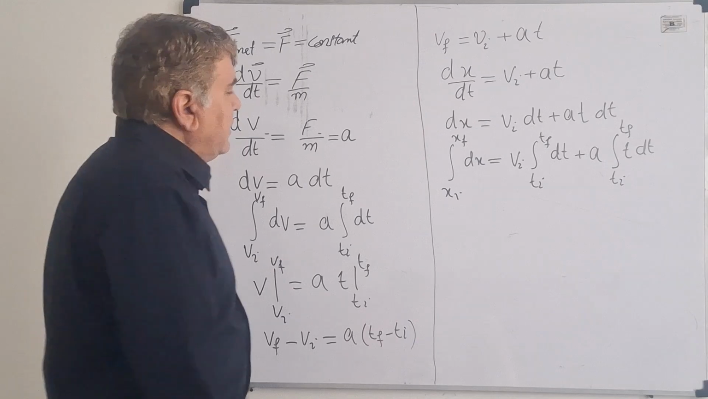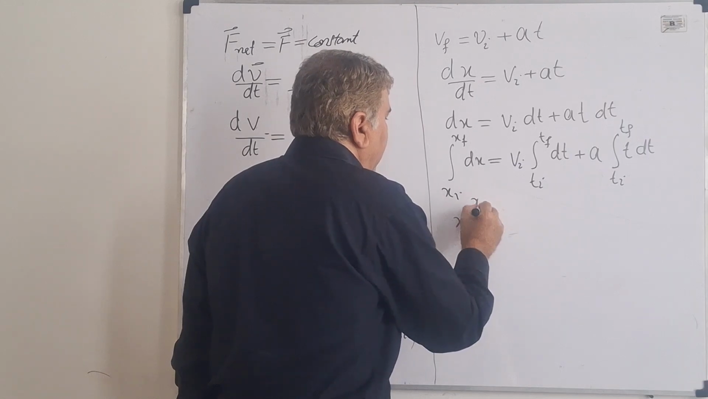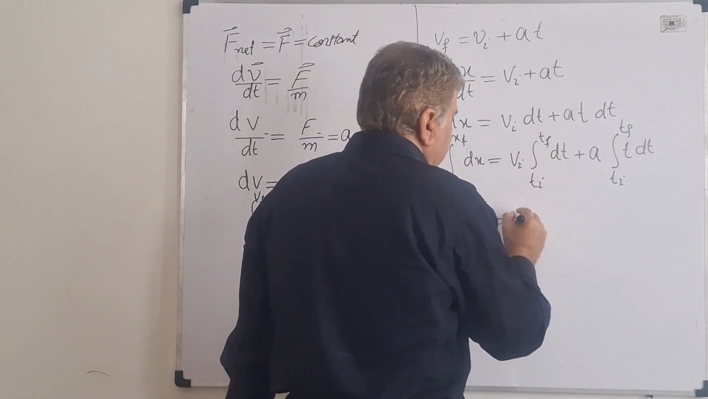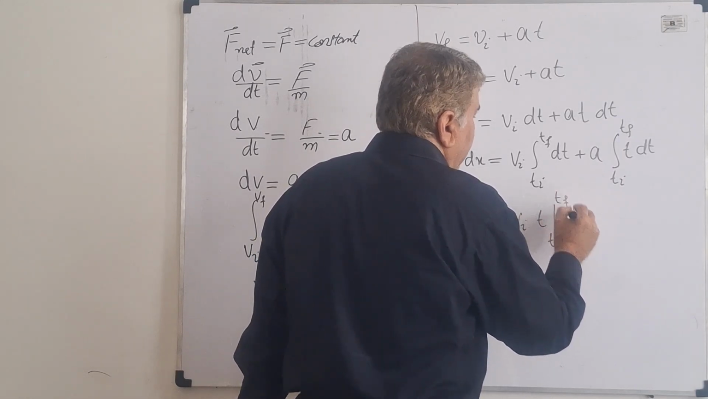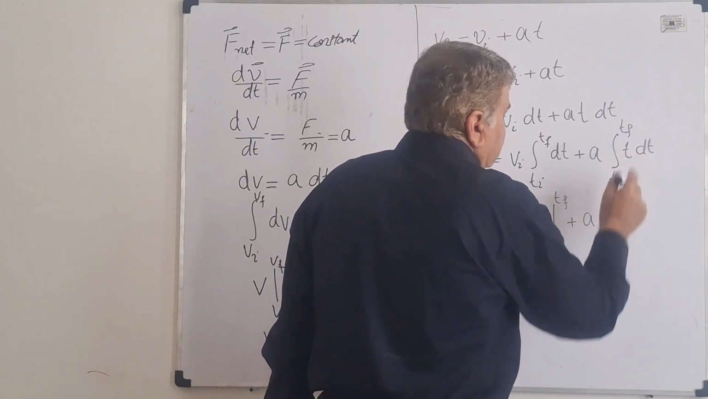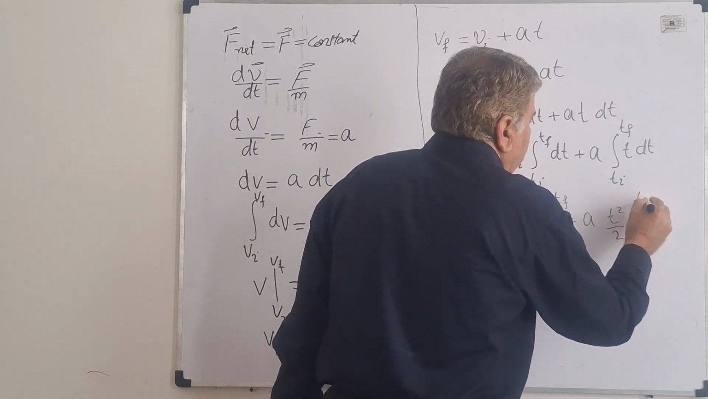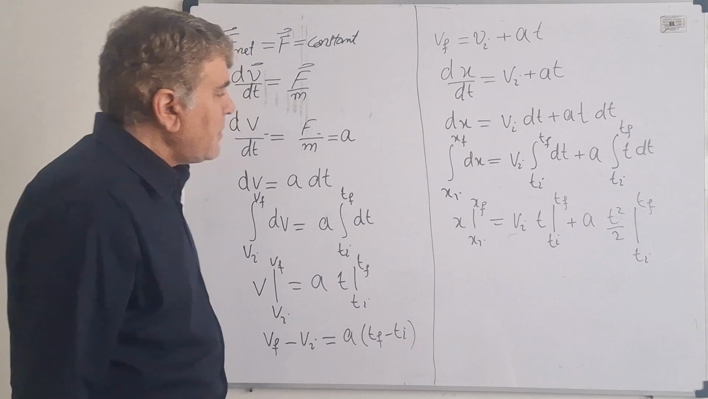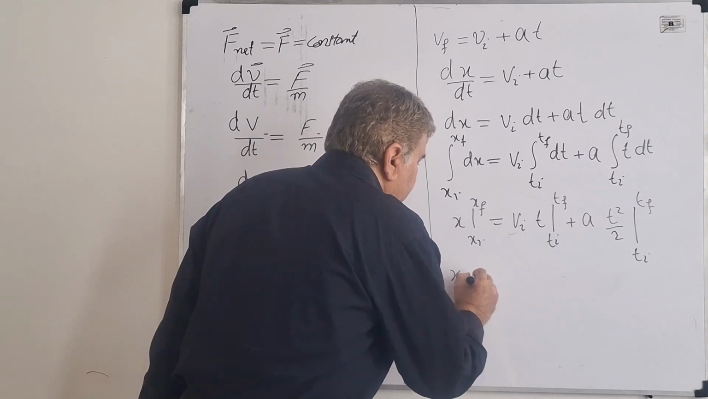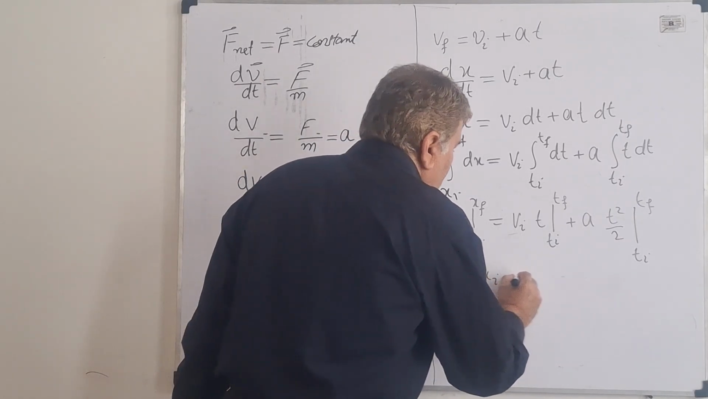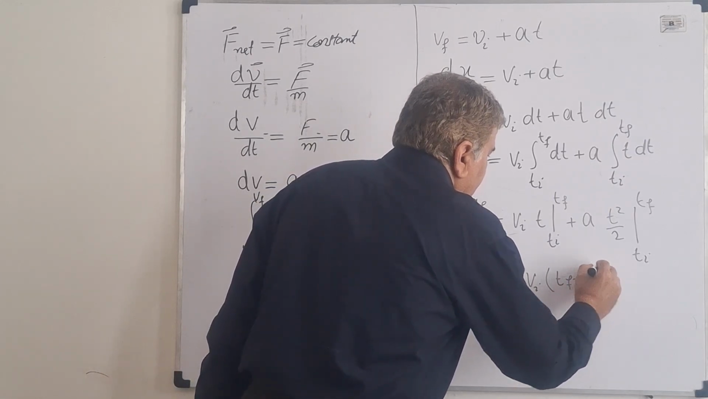And this is now very easy. The result of this is x integrated from xi to xf, and the result of this is, let me write, vi is t, and I write this as ti to tf, plus a times t squared divided by 2 integrated from ti to tf. Okay, now if I put the limits, I can write this as xf minus xi equals vi times tf minus ti,